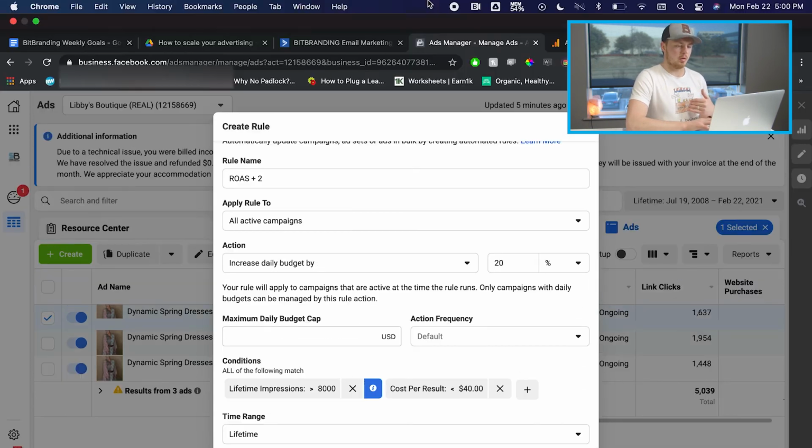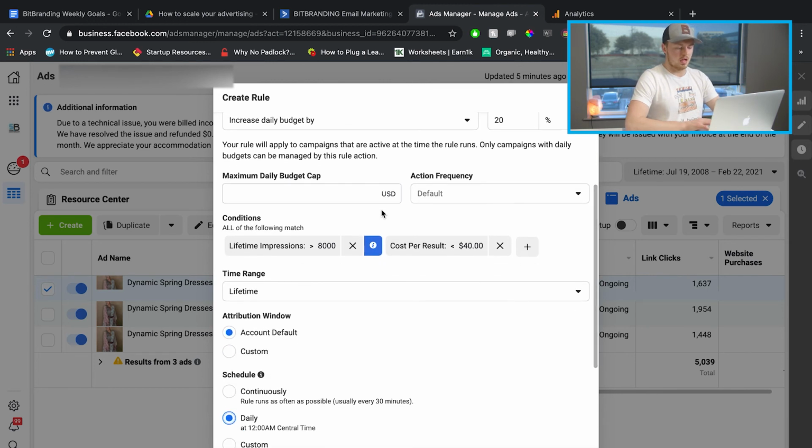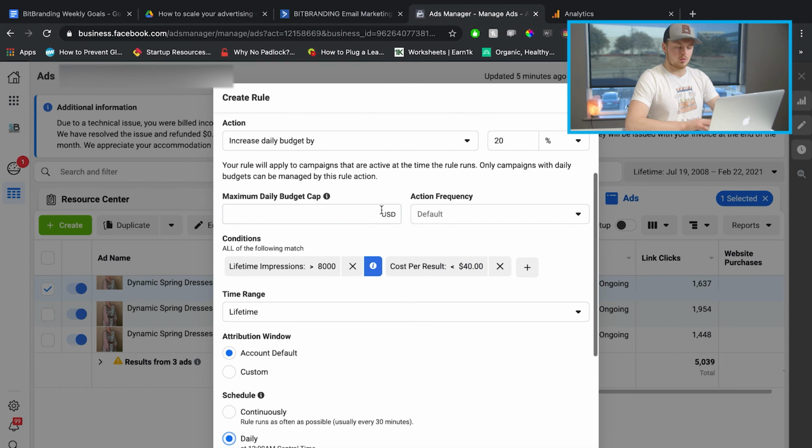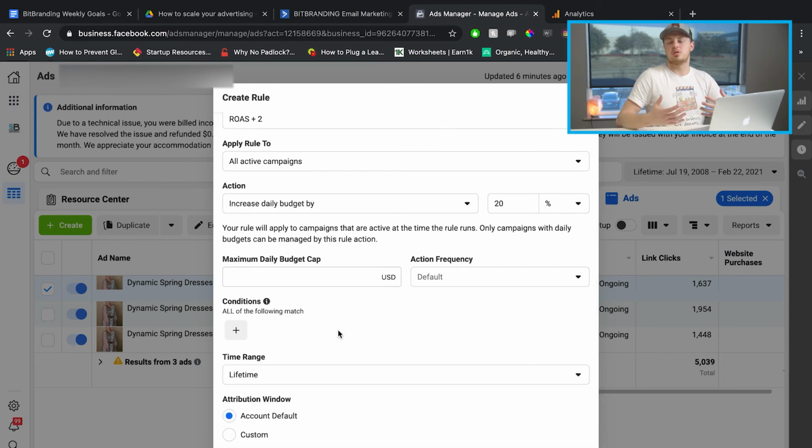This is something where you can go in and play around. We could actually talk about rules here, but I don't want to go into specifics yet. This may be a whole specific video. You want to go in here and start playing around with creating your own rules. The one that we have is that if it's a 2 on return on ad spend, so for every dollar you spend, you make 2, and it's been like that for 3 days in a row, we want to increase ad spend by 20%.